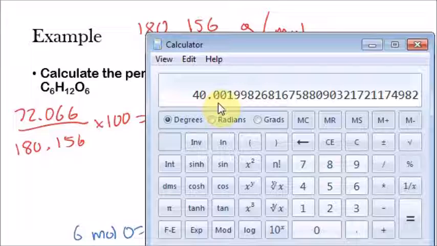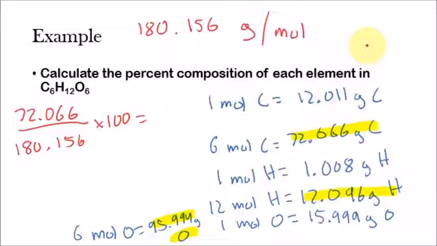40.00%. In order to get the significant digits, just look at these two numbers. This number has 5 significant digits, this number has 6. So let's go ahead and go with the smaller number. So in order to get this to 5 significant digits, we can say 40.002%. We ignored this when we were looking at the significant digits, by the way. 40.002%. Okay, so the percent composition of carbon is 40.002% in